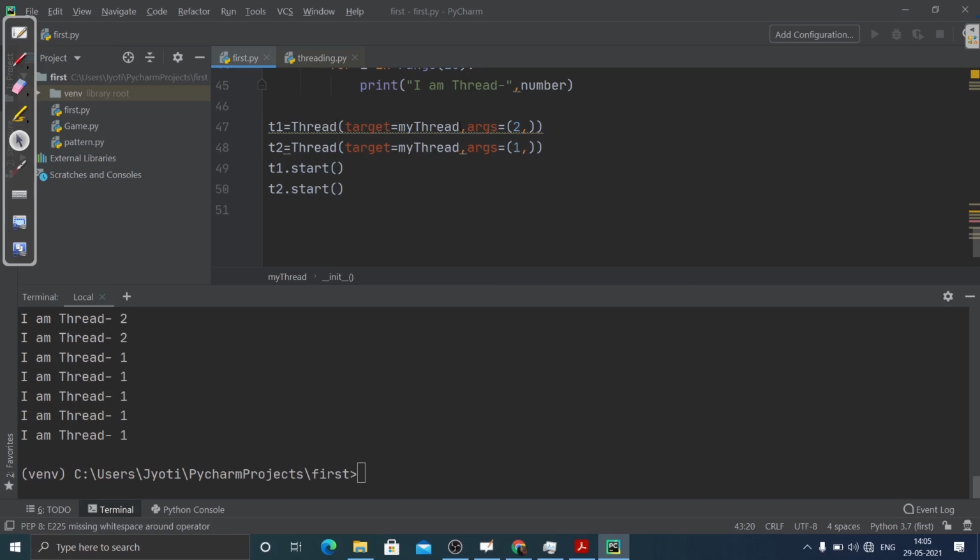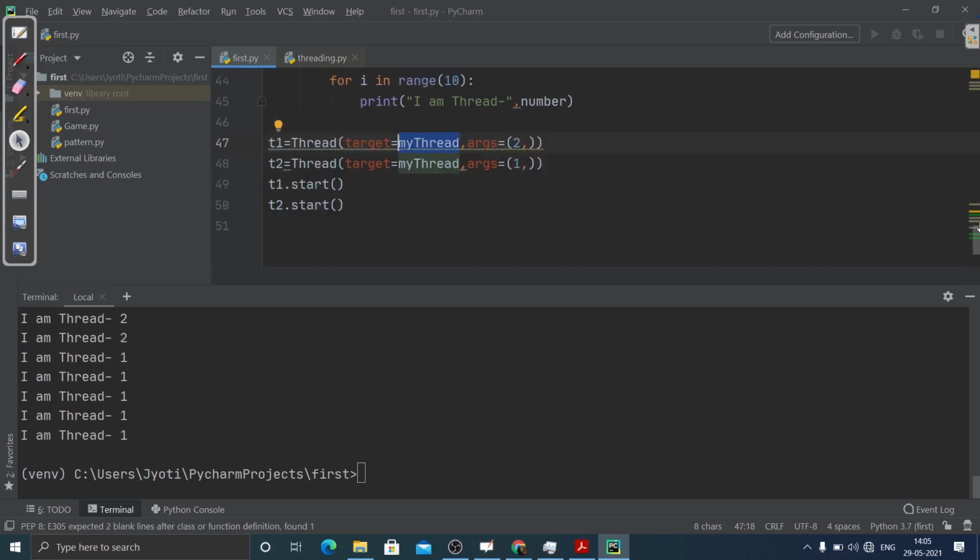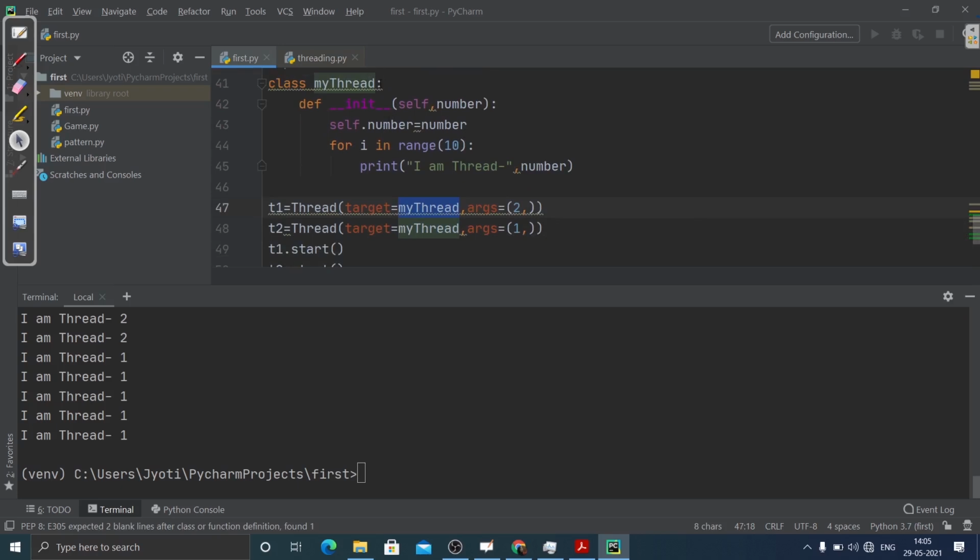but basically instantiating the Thread class. But inside that, the target is not any function but the callable class that we have created, that is this class. The target is my thread, which is a normal class. It is not a subclass of the Thread class, it is just a normal class. We know that this init function needs one argument, and that argument we are passing is 2. That is number, and self will automatically take the object reference.